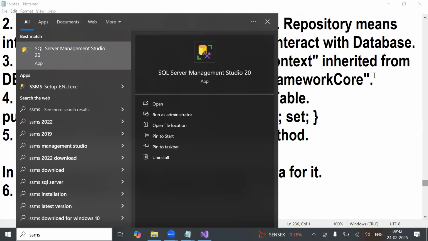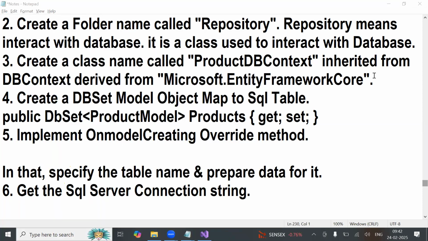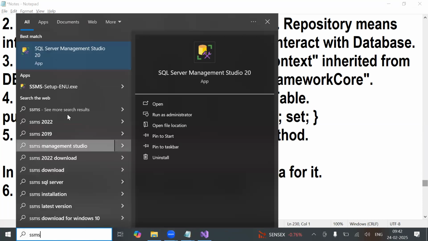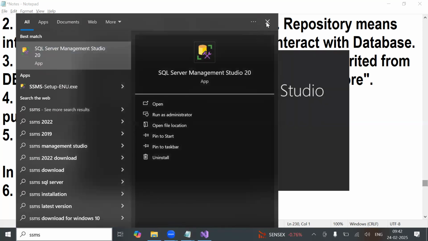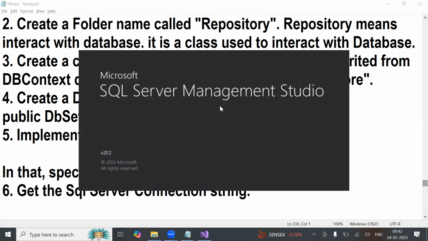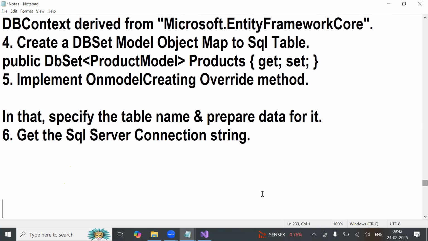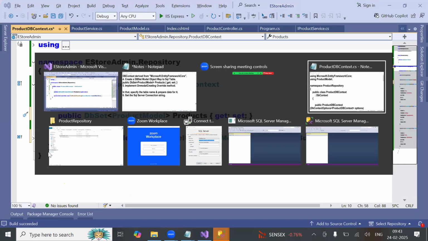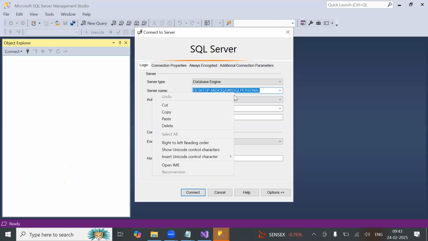This is my SQL Server Management Studio. You take this, copy,